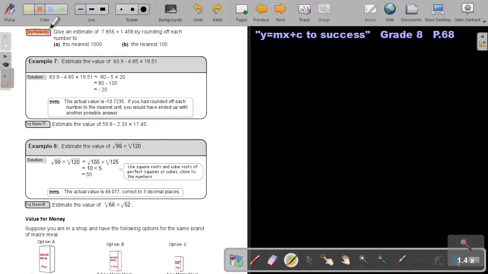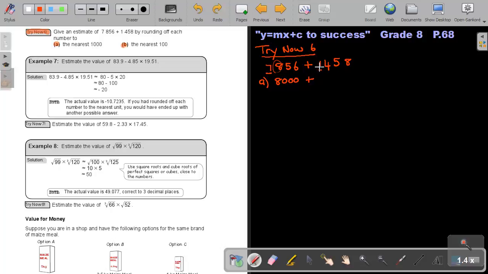I want you to try now 6, do number A as well as number B. Okay, so let's just write it down. Try now 6. Give an estimate of 7856 plus 1458 by rounding each number to the nearest 1,000. Now, this is unit 10, 100, 1,000. Look at the one behind. Can you see? So that 8 makes this one more. So it's 8,000